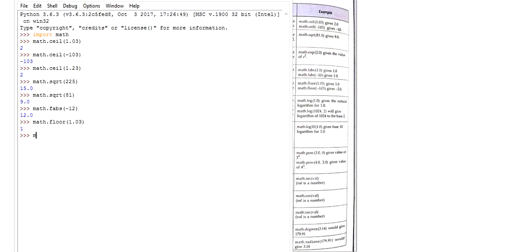And for ceiling you can use math.ceil, bracket, like minus 10 I am writing, so minus 10. So like this the ceil and floor functions are used. Then log: math.log, bracket, number comma base. The log function returns the natural logarithm of a number. A domain error will occur if the number is negative, and a range error will occur if the argument num is 0. So you should implement all these examples on IDLE, so that it will be more clear to you how to use these functions of the math module.